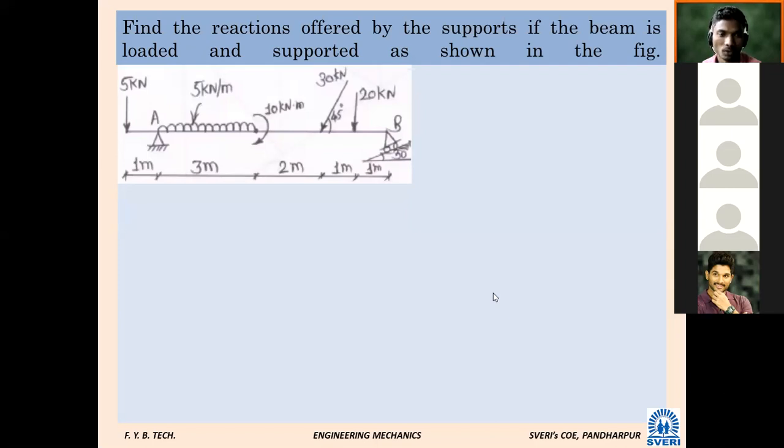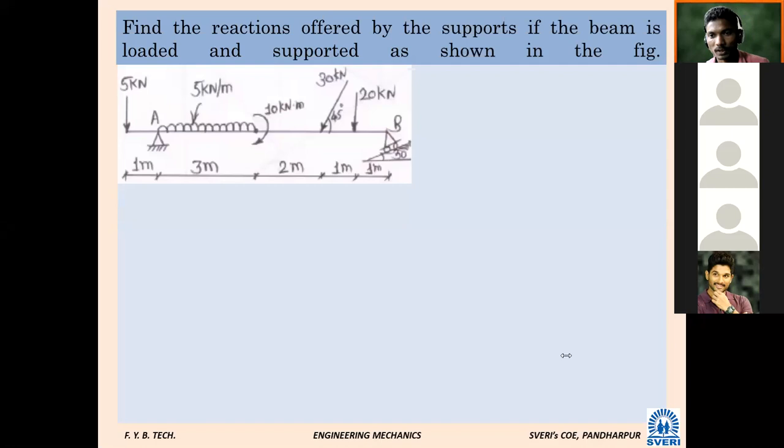Next question. Which are the supports in this beam? Hinged and roller is the correct answer. So now I will not ask how many reactions there will be at B and at A. Next question. Which types of loads are there in this loading? Point load and UDL. Along with this, one more thing is there, that is a moment. What is the value of that moment? 10 kilonewton meter.